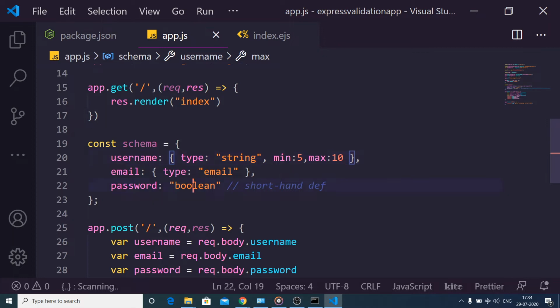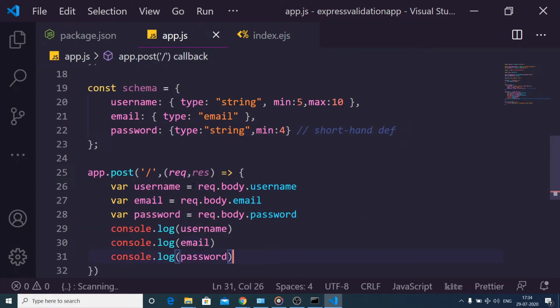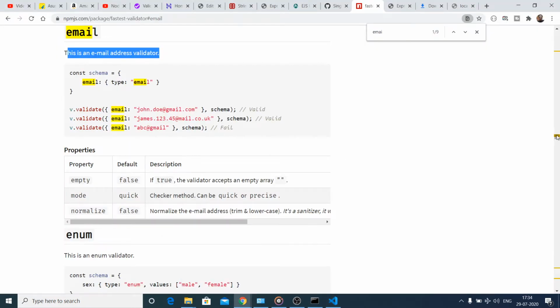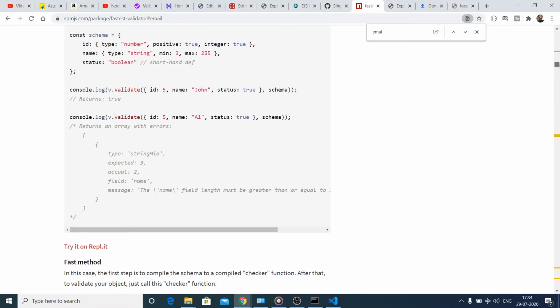And for the password, again I need to specify that this needs to be of type string, and again I can provide a maximum or minimum value, let's suppose a minimum of 4 characters. It should be of minimum 4 characters. That's it. So after this, guys, we need to compile our schema right here.